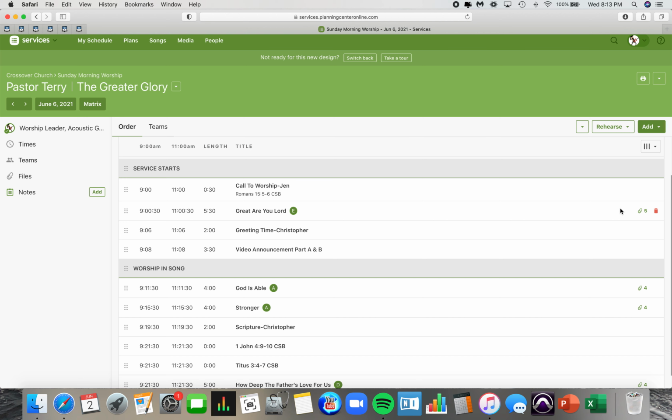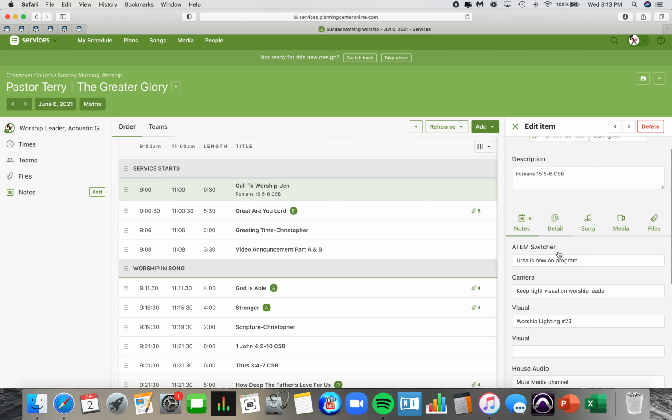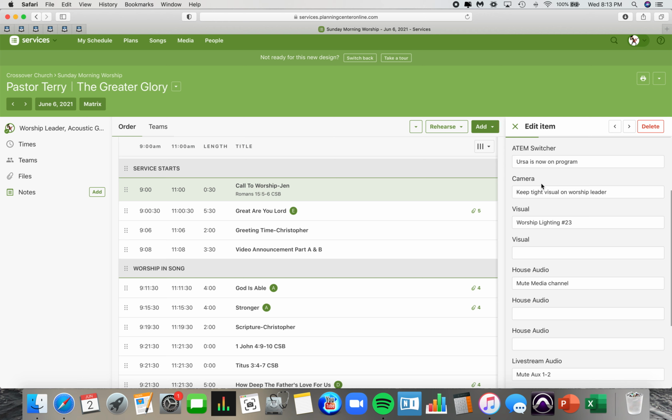There are also different things on specific items like songs. There are different attachments that I'll show you that you can look at if you're in the band or you're singing. For most of these items, you can click on them and you'll see a description and notes. On Saturday night, you'll have specific notes. Say you're on camera, it's going to say keep a tight visual on the worship leader. That'll be printed out for you in a printed format. And if we go to the next item,